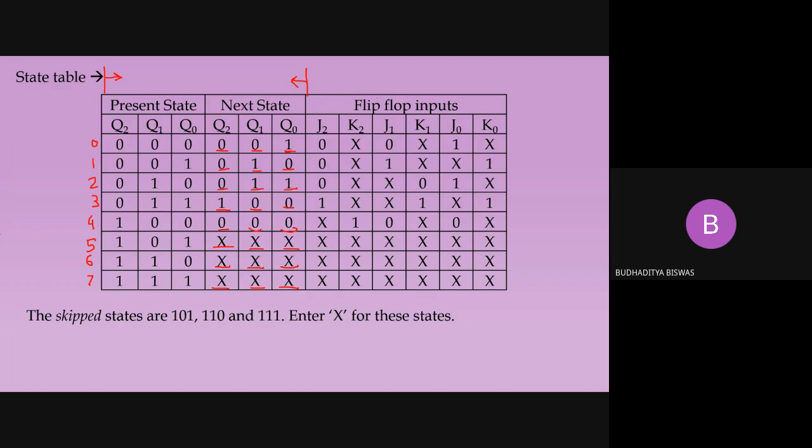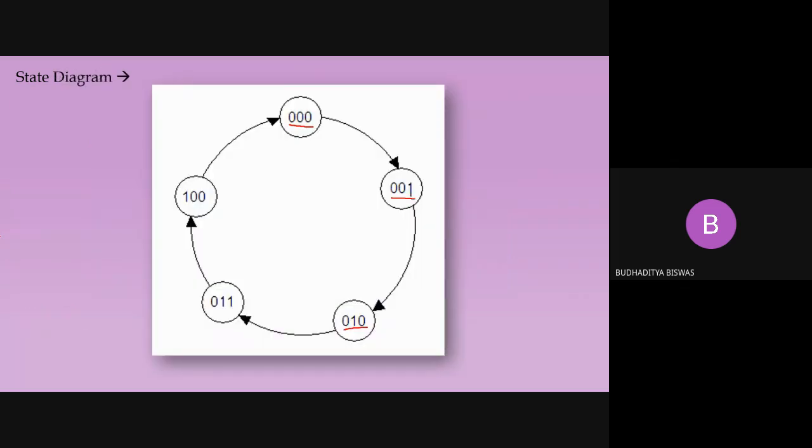If some states are not used, then the next state may be anything. That means don't care condition. For example, in this case, up to 4, no problems are there. If the present state is 0, it is clearly mentioned that the next state will be 1, because of the arrowhead. So if the present state is 0, next state is always 1. It cannot be in the reverse direction, because the arrow is in the clockwise direction. If the present state is 1, next state will be 2. If 2, then 3, 3 to 4, 4 to 0.